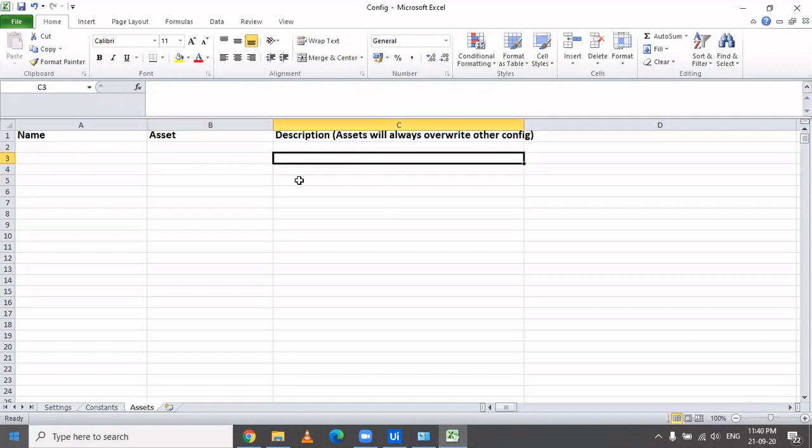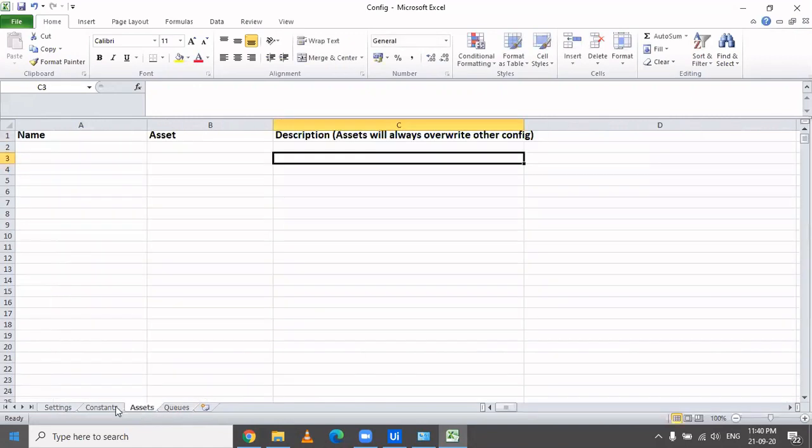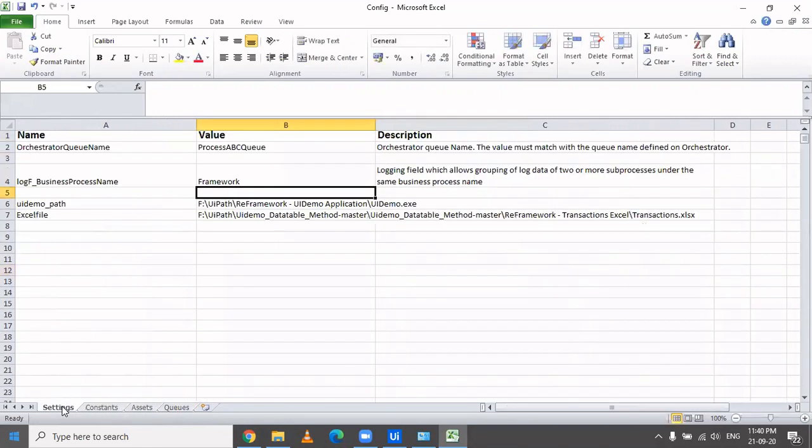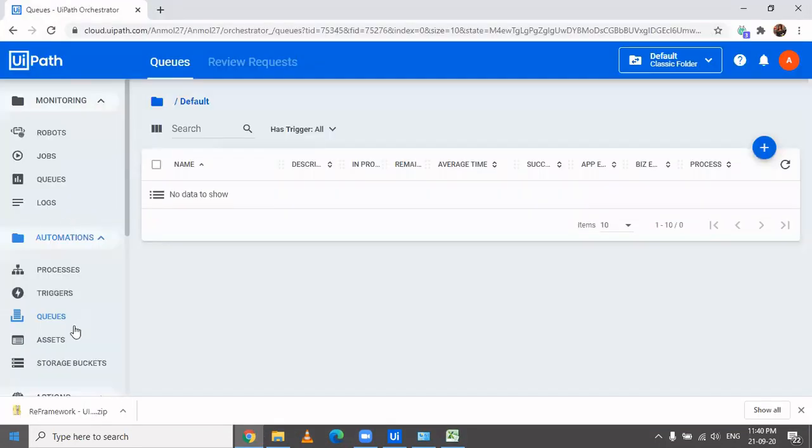If you have a lot of queues, like 10 queues containing different data, and you want to categorize them differently so it's clearer, you can have a sheet here, name it queue, and store the data of all the queues. That is all up to you, how you want to categorize and visualize. And in this asset sheet, can we store the credential data, like the text password? Okay, I'll tell you what is the use of the asset sheet.